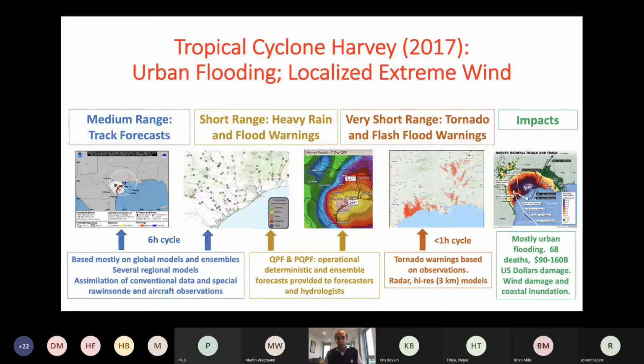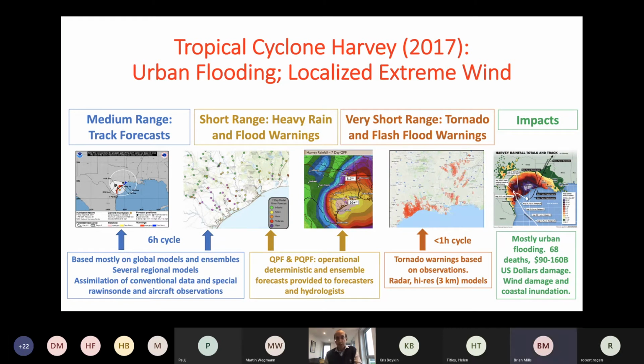Then another tropical cyclone case was Harvey, and so this made landfall as a hurricane in a relatively unpopulated area, or a lowly populated area, of southern Texas in the United States.